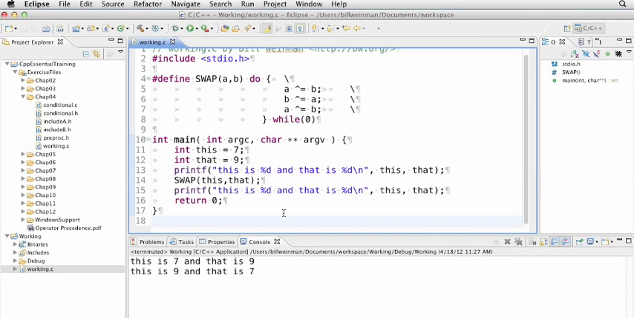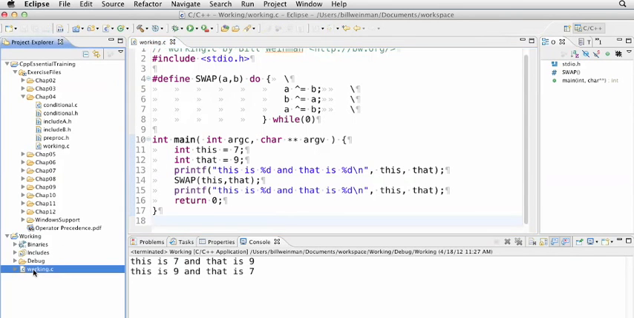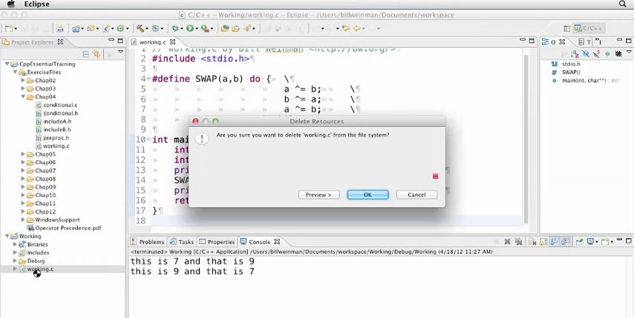So the preprocessor provides a useful line continuation feature using the backslash new line combination. This is really convenient for making complex macros more readable. Now let's delete the working file and run clean to get